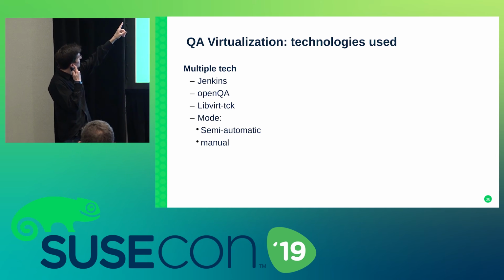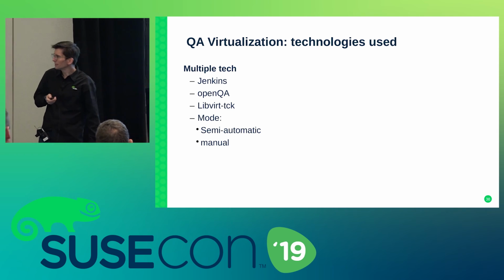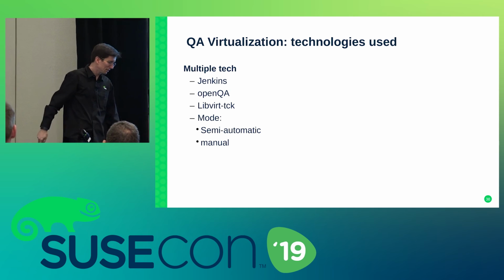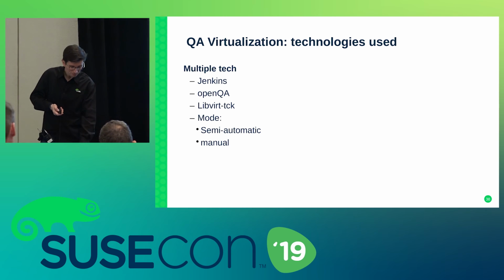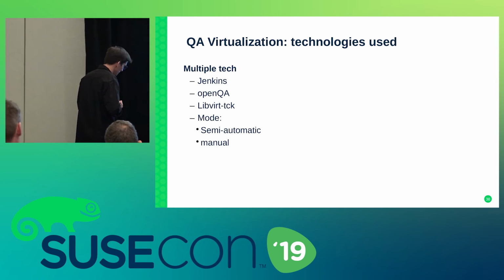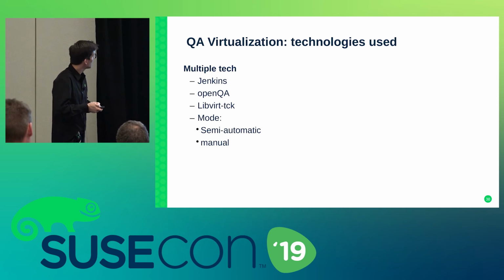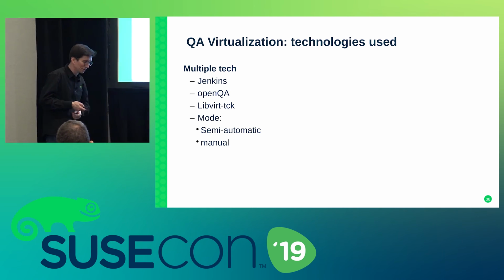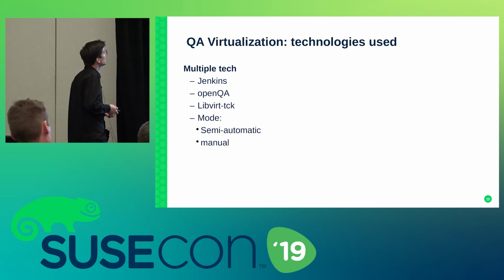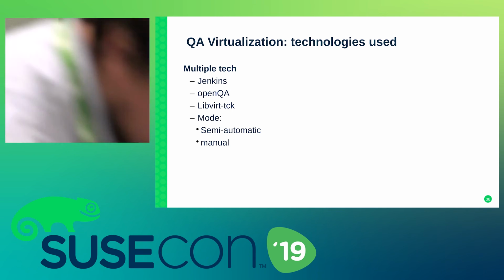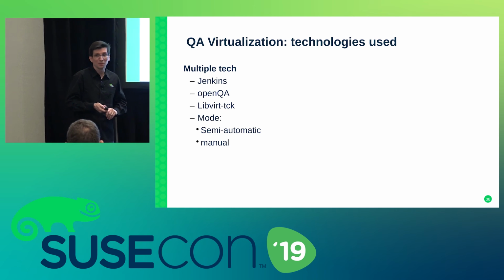OpenQA is something we use for SLES, Jenkins also. I think there is some demo maybe in the technology showcase about OpenQA, because it's a framework you can use also for your company if you would like to test something. So it's really usable, and it's open. Just download it, read the doc, and go and use it. So that's mostly all. Any question about QA testing or whatever?